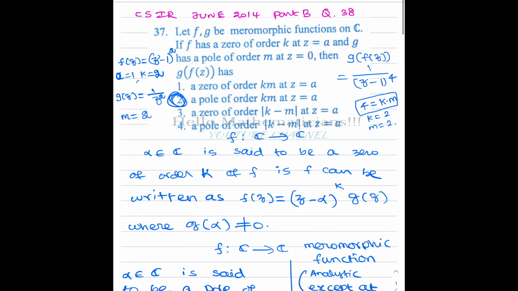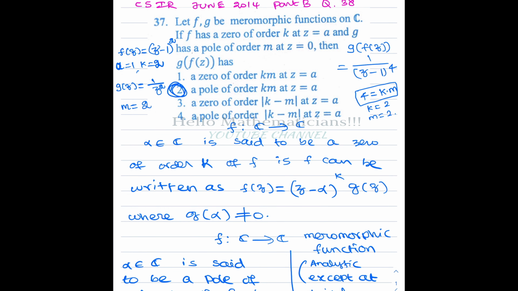That is our definition. We take two such functions f and g, and f has a 0 of order k at the point z equal to a. So z equal to a is a 0 of order k for the function f, and 0 is a pole of order m for the function g. Then